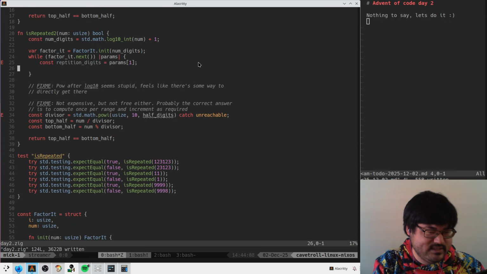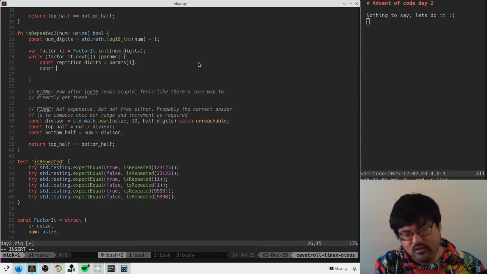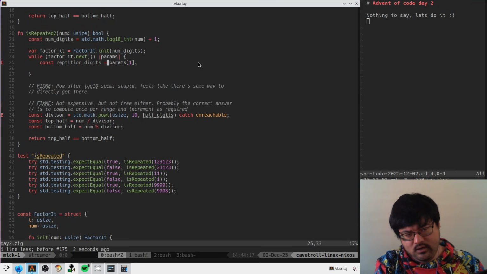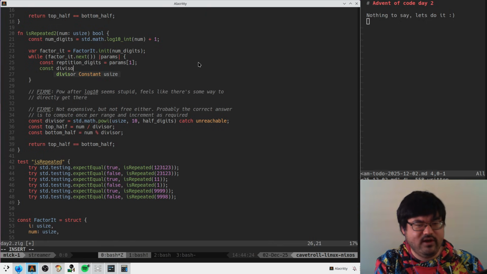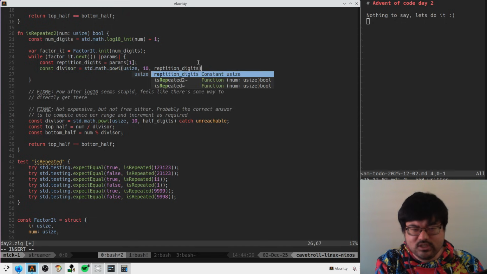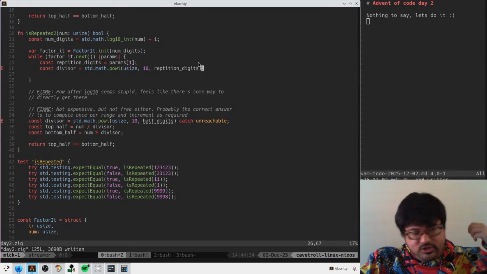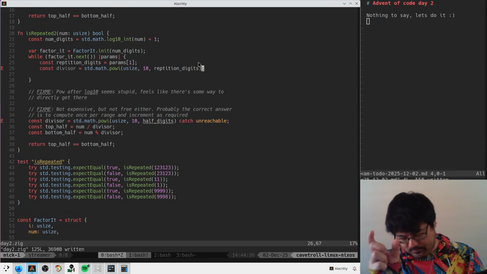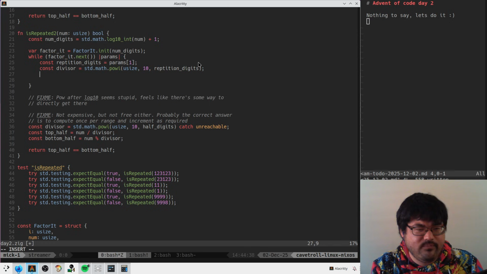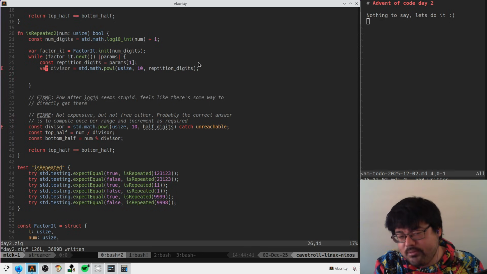And then I guess we have divisor here, which is 10 to the number of repetition digits, and then we're probably getting the mod of the first, we're looking at the bottom end digits, and then we probably